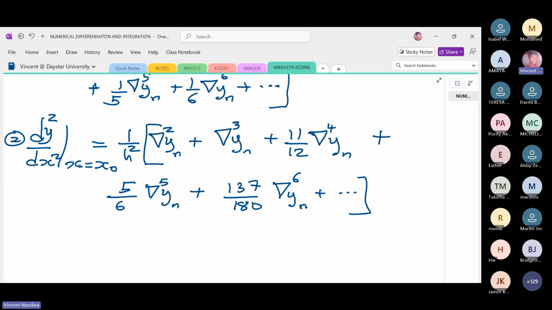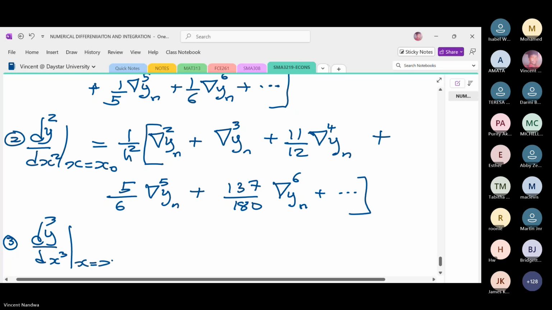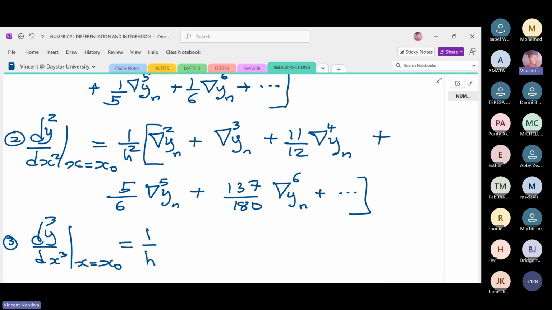Then we can also list the formula for the third derivative. So 1 over h cubed into